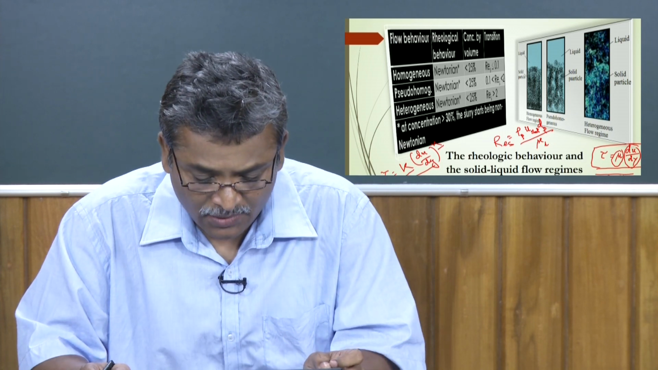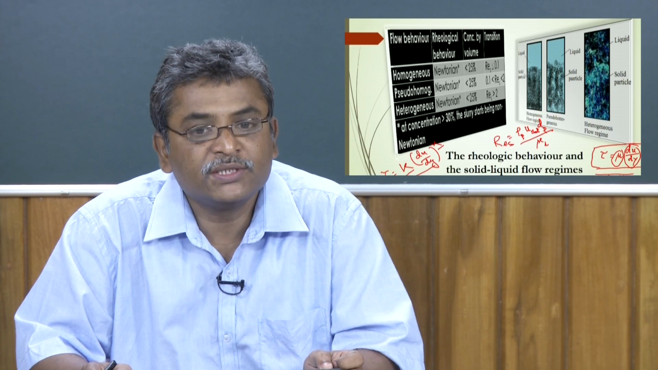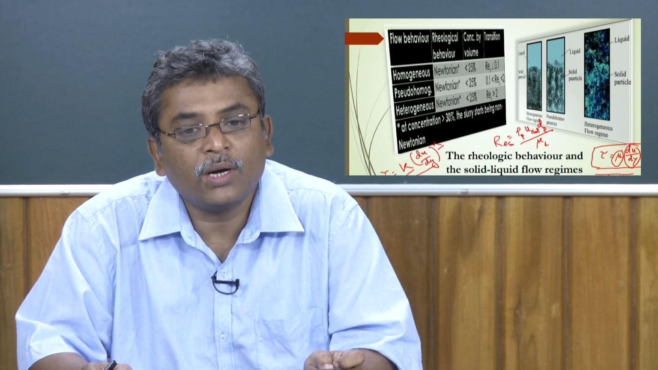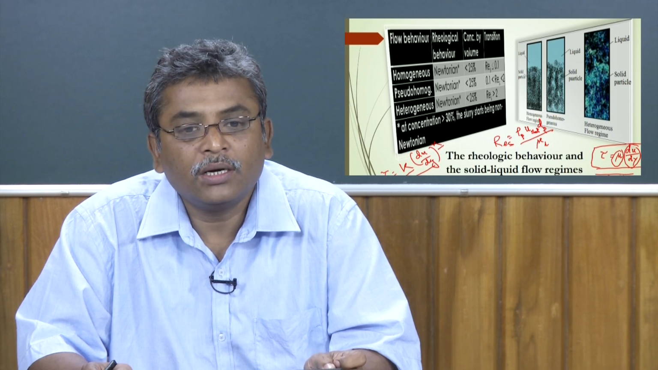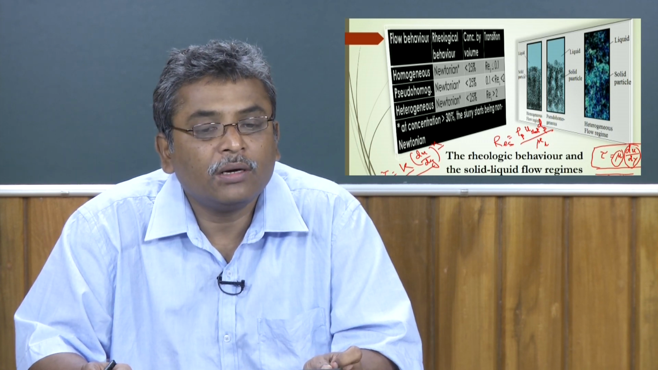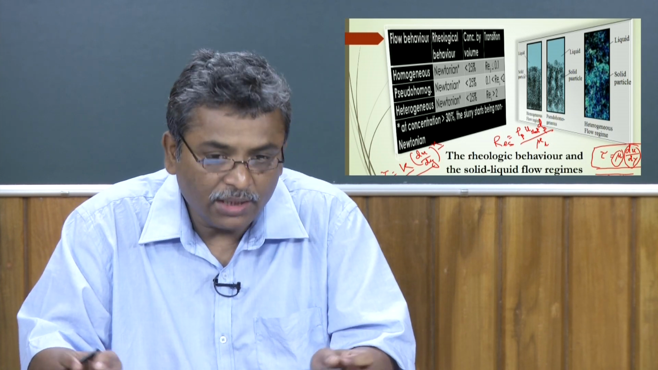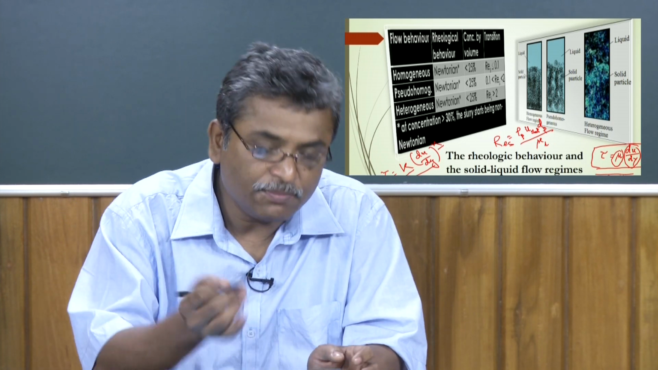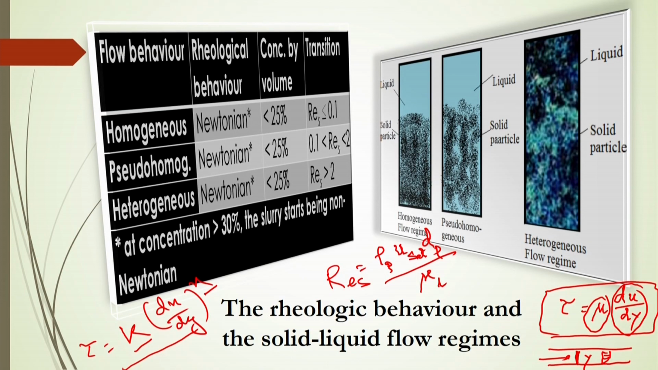So, in this case the viscosity of course will change. It will be highly viscous, and that viscosity will be related to the viscosity of the Newtonian fluid. So, that effective viscosity may be as per Einstein's theory, that the viscosity of the non-Newtonian fluid or slurry system